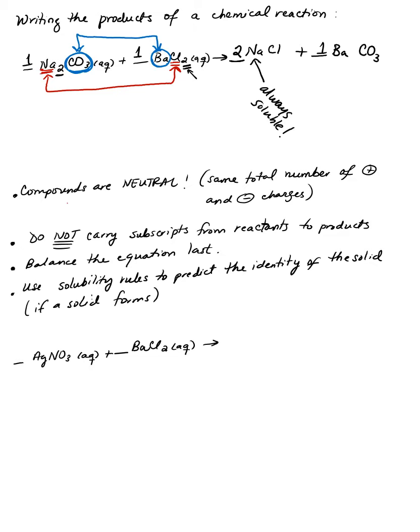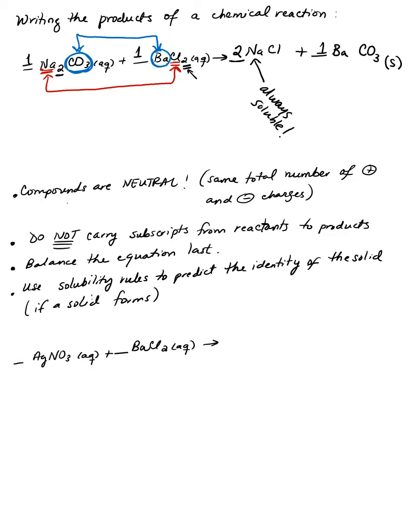So your carbonates are listed as insoluble in your table, and you have some exceptions, which is group 1 and NH4. So when carbonates are combined with group 1 and NH4, they are soluble, but anything else combined with carbonate will give you insoluble compounds. So you can check your book in page 190 and you have your solubility rules listed there. The one that I'm looking at is the last one that you have in the table, where you have sulfides, carbonates, chromates, and phosphates. So when carbonate is combined with barium, that's insoluble, and that product should be classified as